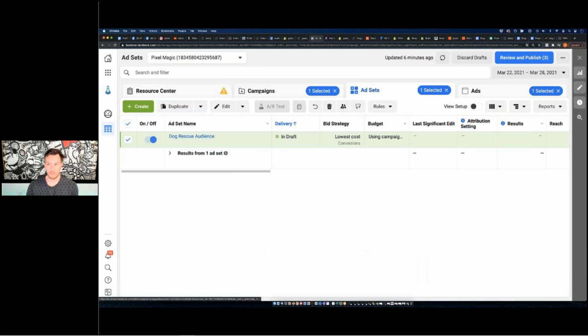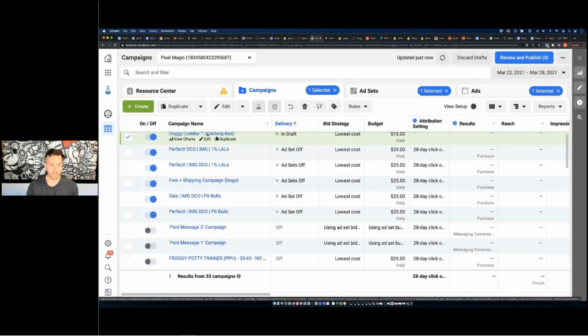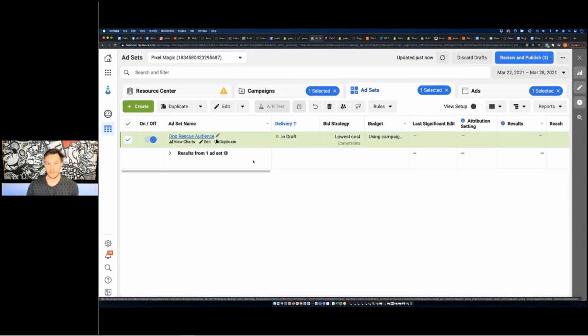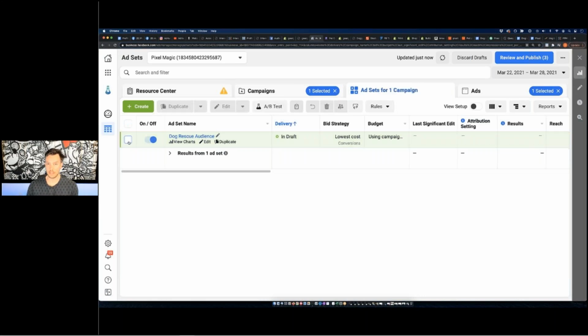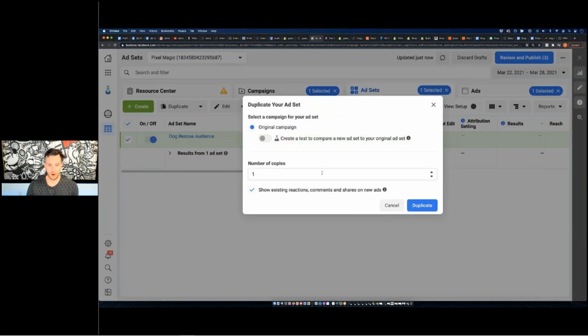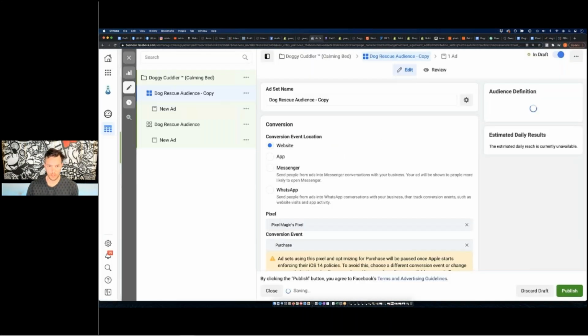Now look, when I come back out here, you're going to see doggy cuddler. When I click on it, we see dog rescue audience. Now, what we want to do here, and this is key because it's going to save you time, is hit duplicate. We're going to duplicate this, but we're going to call this one our